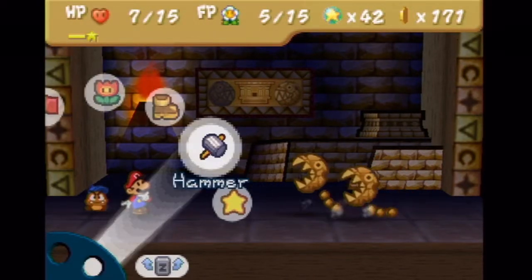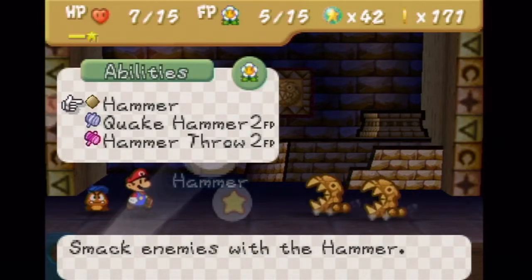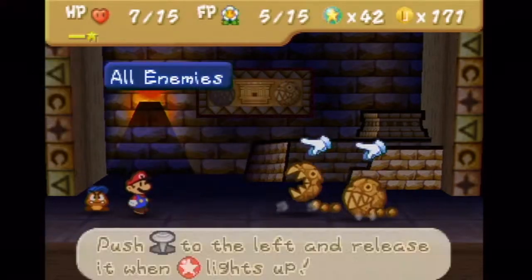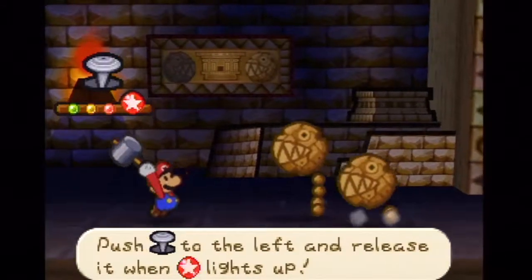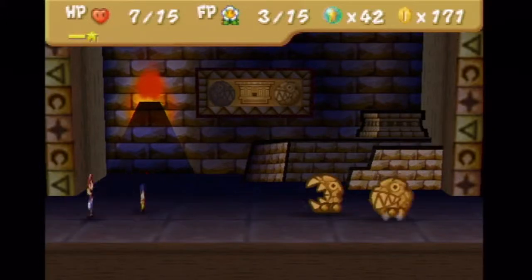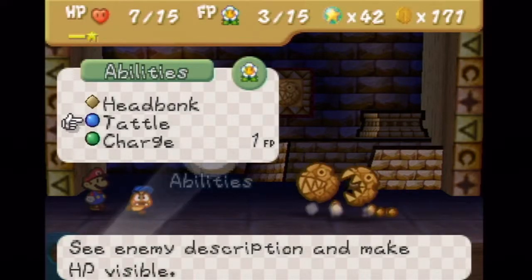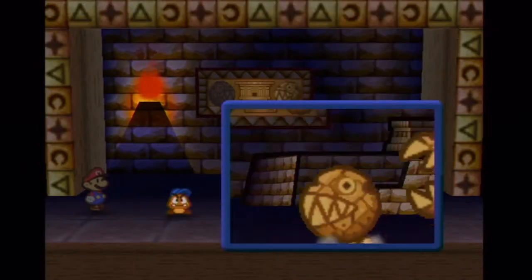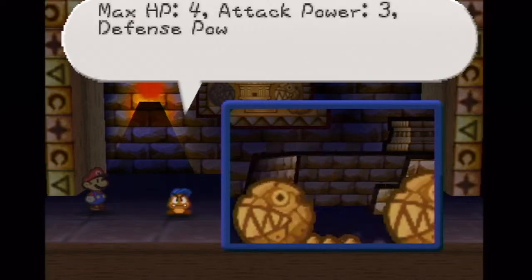This is a stone chain chomp. Very powerful. Let's go ahead and use the Quake Hammer so we can get a bunch of damage out at once. The Quake Hammer, unlike a regular Hammer Strike, only does 3 on a charged. That's the whole thing about the Quake Hammer being less powerful than the regular hammer. Okay. He's made of stone. Thank you, Goombario. Always